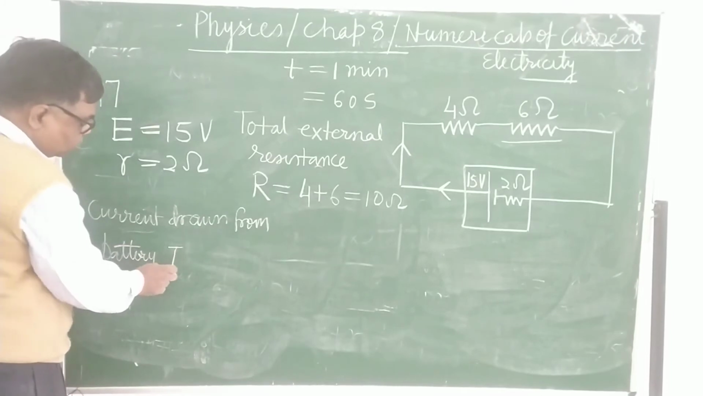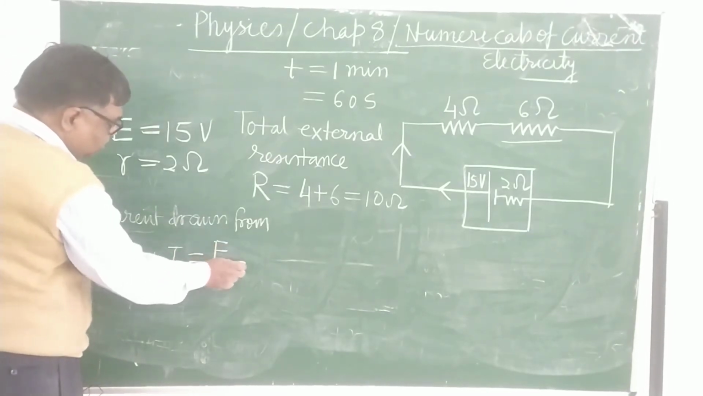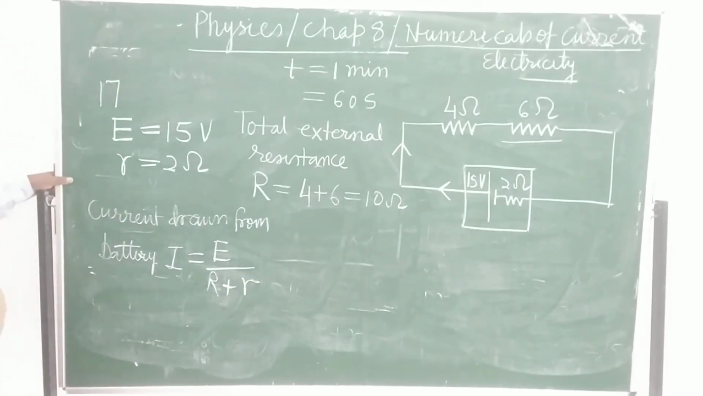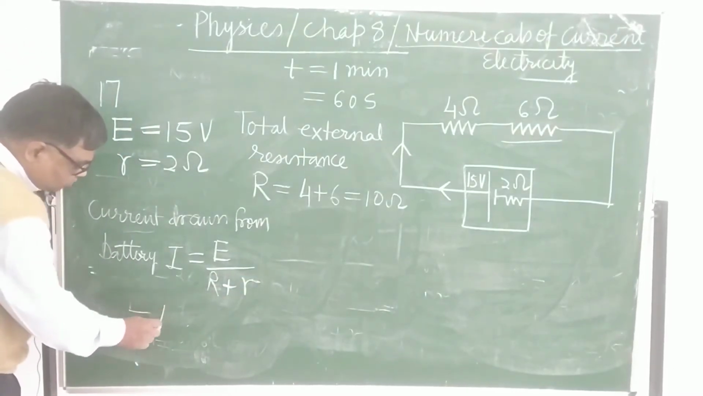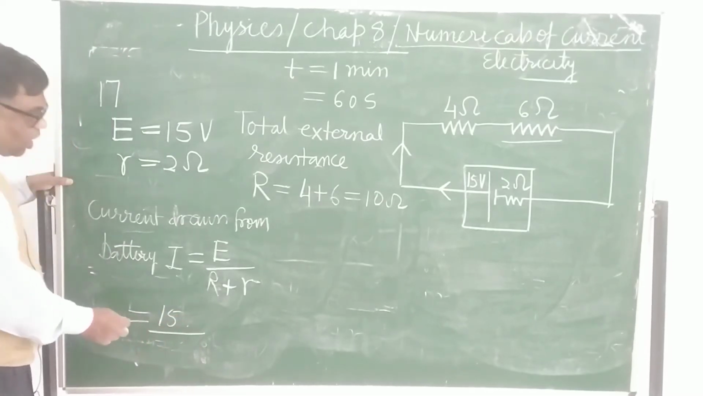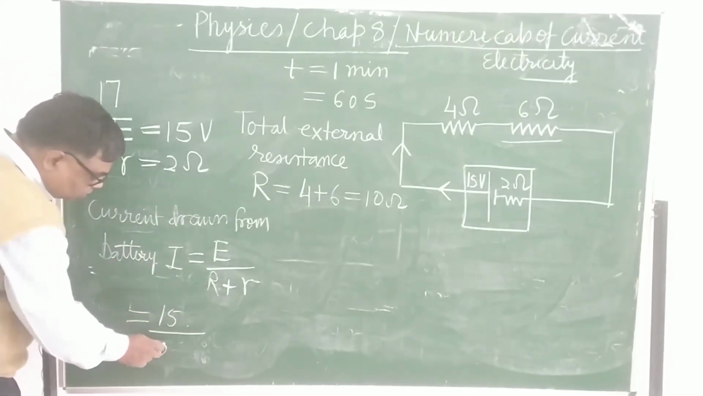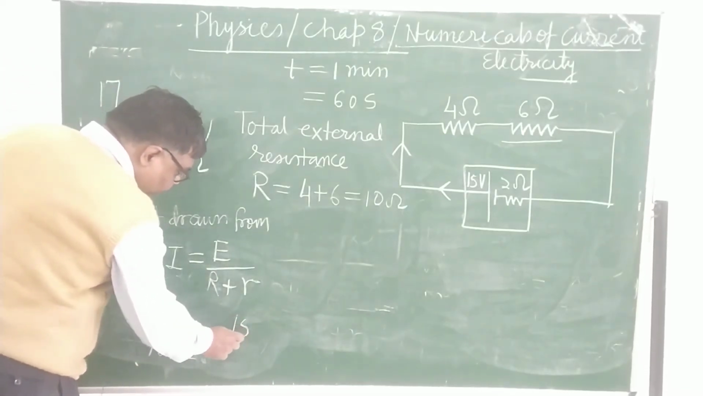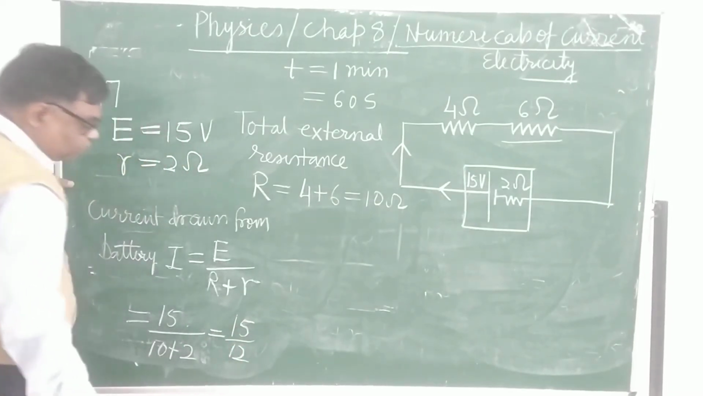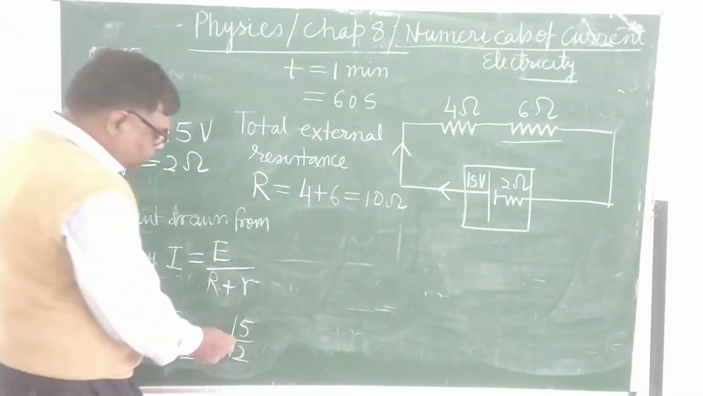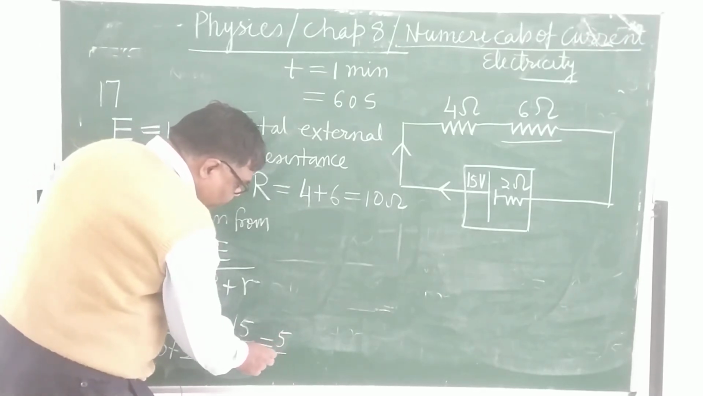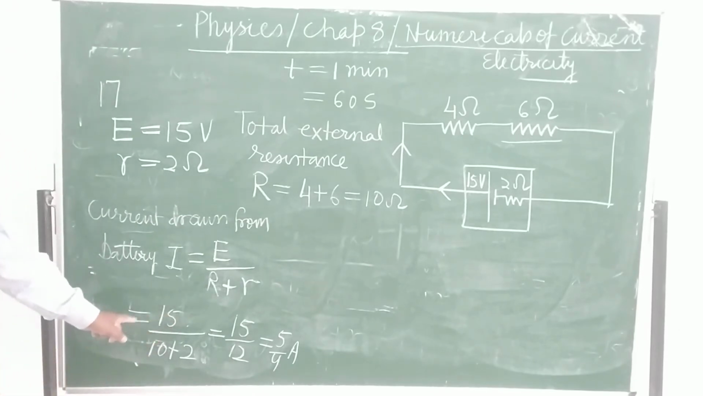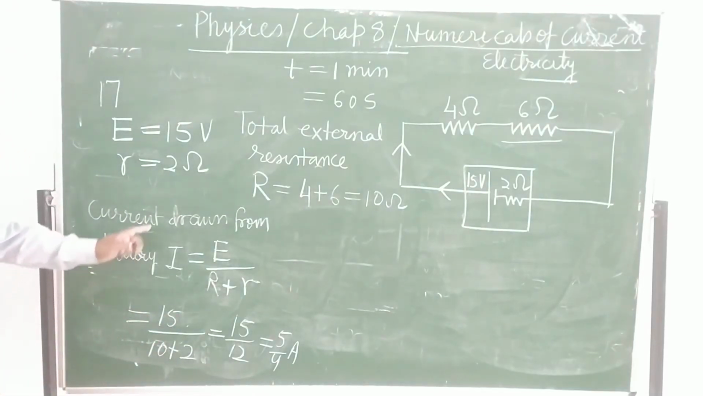This is I equals E upon capital R plus small r. Substitute the value. E is given how much? 15. Capital R is 10 and small r is 2. So 15 upon 12, so it will come out 5 upon 4 ampere. I am not writing it in the decimal because in the question current has not been